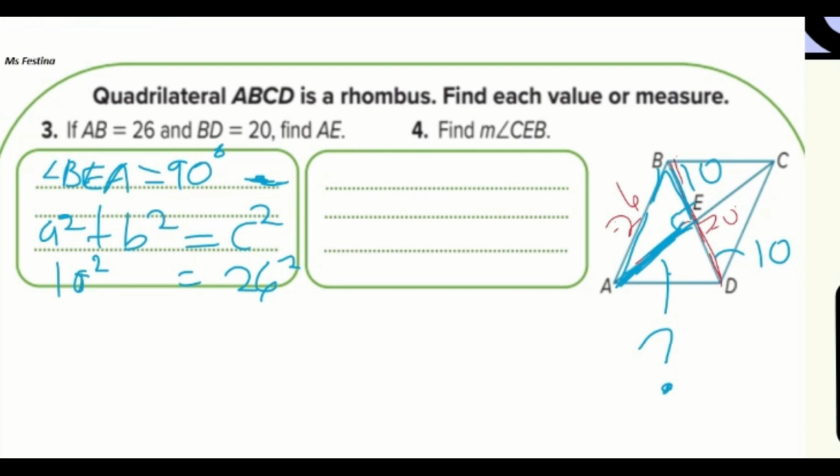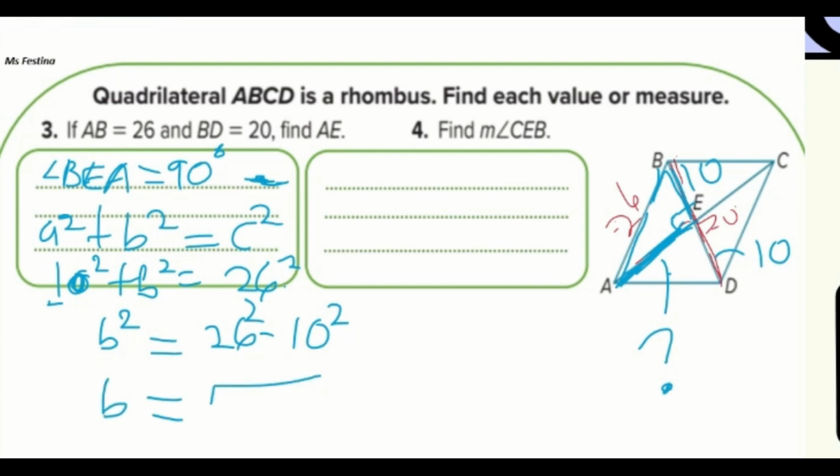Wherever you put this, it doesn't change anything. So 10 squared plus B squared. Just to avoid stopping and using a calculator, I'm going to simplify the way I know I should: B squared equals 26 squared minus 10 squared. You can firstly solve, write the numbers down, and then subtract both sides, but it doesn't change anything. So B equals the square root